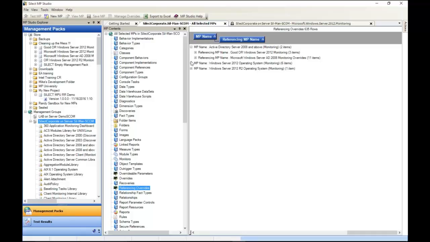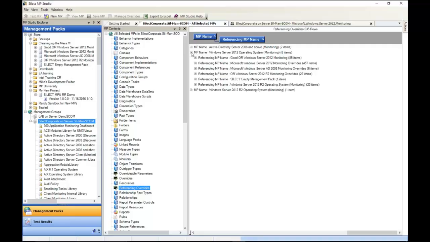So let's go to the next MP. The Windows Server 2012 operating system, we knew that one was screwed up already because we saw the spreadsheet, right? And we saw the earlier view. And here's the same data, but remember, this is a view we created for the entire management group. So you're getting that 20,000 foot view for the management group and very quickly pinpointing the location of all misplaced overrides. I can export to Excel, and in minutes I've got this